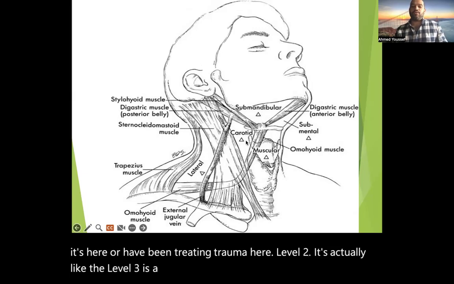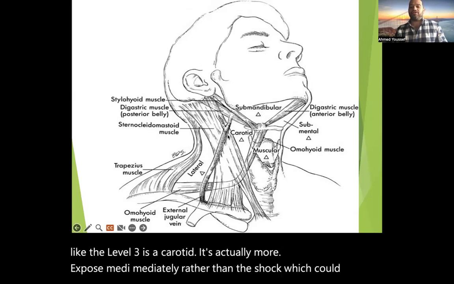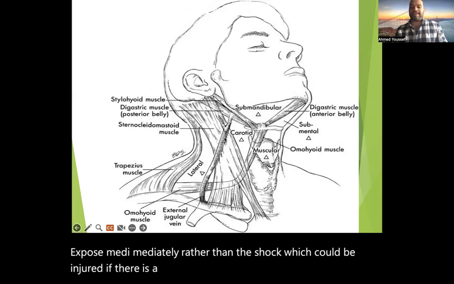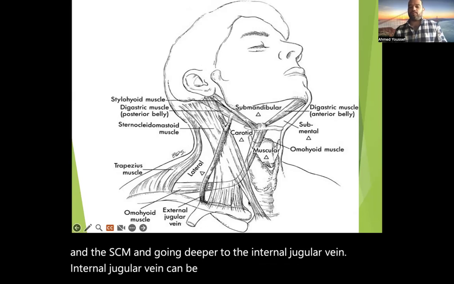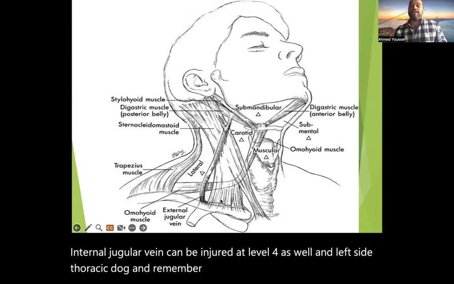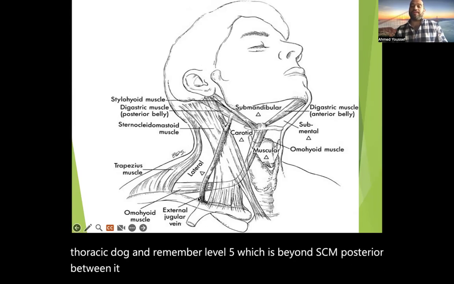It's actually more exposed medially rather than the jugular, which could be injured if there is a stab involving the external jugular first and the SCM, and going deeper to the internal jugular vein. Internal jugular vein can be injured at level 4 as well, on the left side the thoracic duct. And remember level 5, which is beyond the SCM, posterior between it and trapezius, there will be a risk of